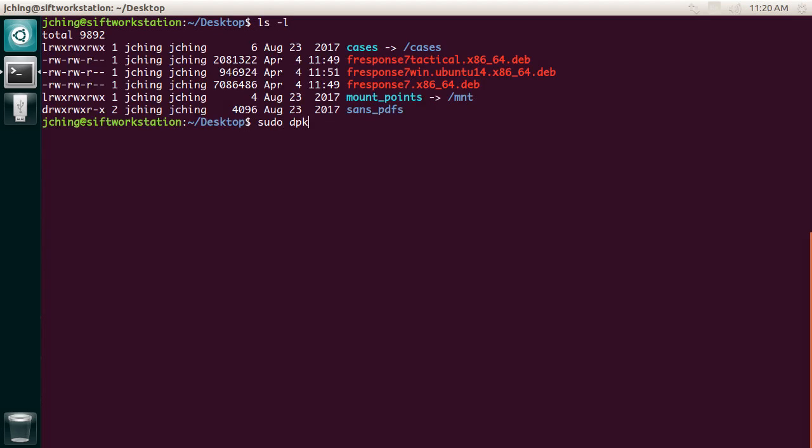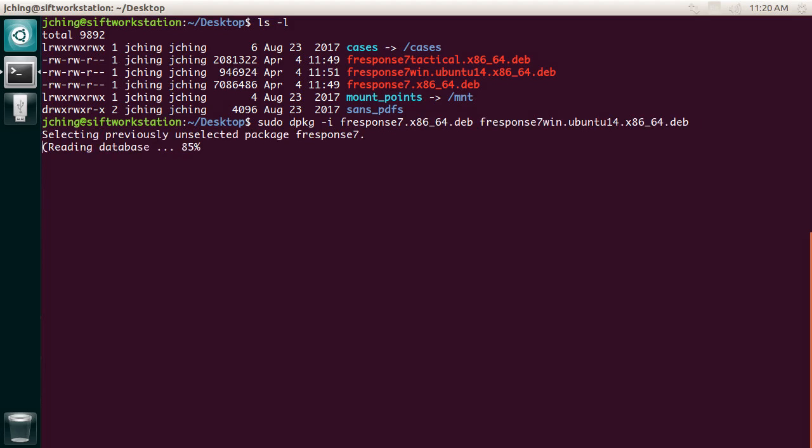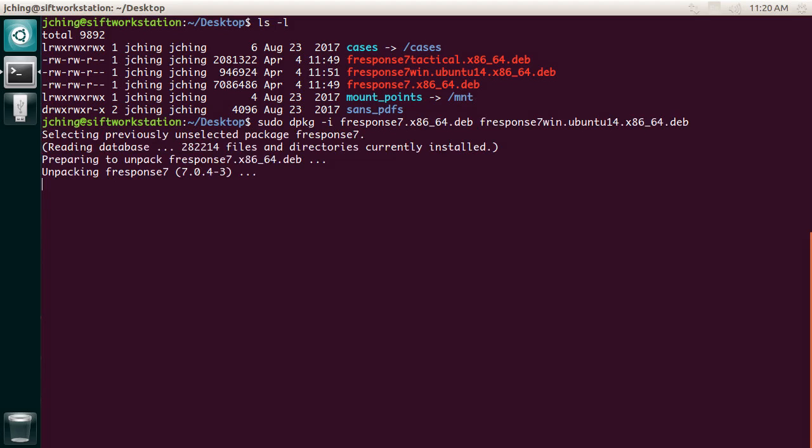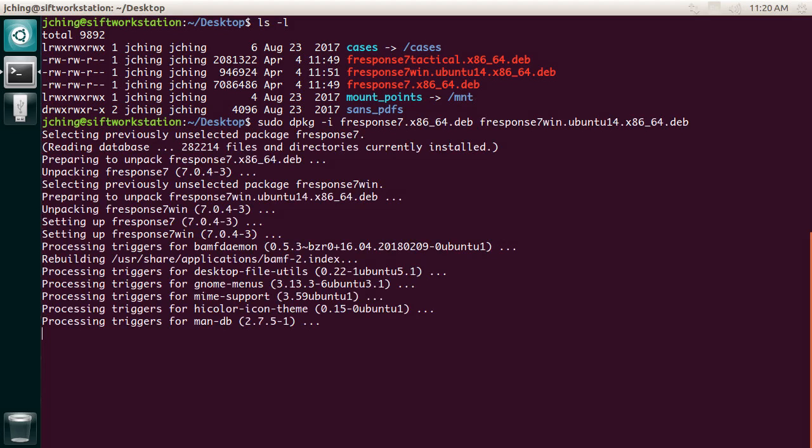fresponse version 7 is going to come in two different packages, the fresponse 7 Win and the fresponse 7 package. Essentially what these are going to give you is not only the ability to connect to fresponse, but also the ability to deploy to remote Windows systems. Alright, so we're going to install these packages and we're going to make sure we have all of our dependencies